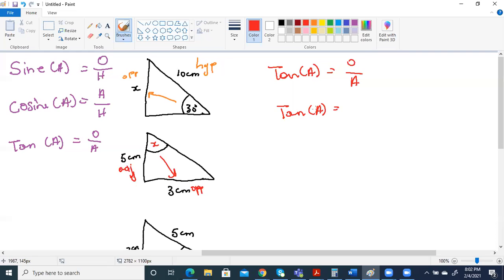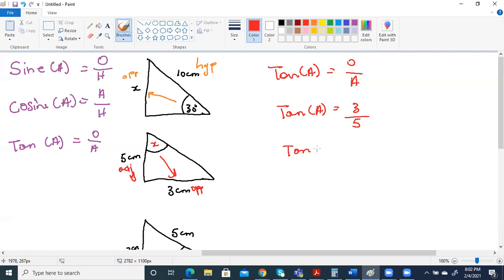If you choose to put X in here because there's X in the little space here, that's also fine. Your opposite side is 3 centimeters, so you can have that up top. And your adjacent side is 5 centimeters. So we have 5 right here. So tan,